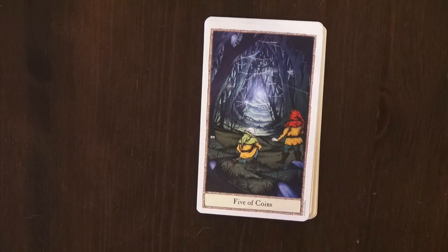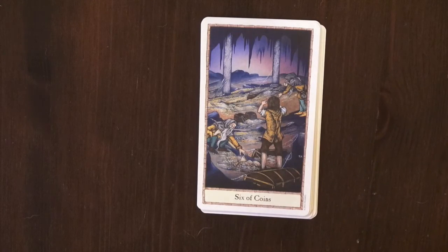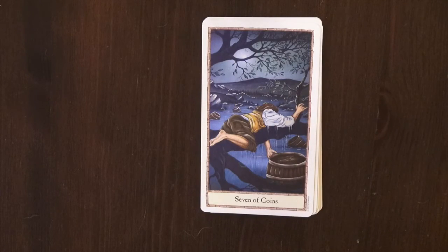Then we have the Five of Coins, where the dwarves are in Mirkwood. This card can show feelings of unworthiness or a sense that something is missing from one's life, that one is lonely and in need of love from someone. Then the Six of Coins, and again the dwarves and Bilbo are going through the treasure. Then we have the Seven of Coins with Bilbo,